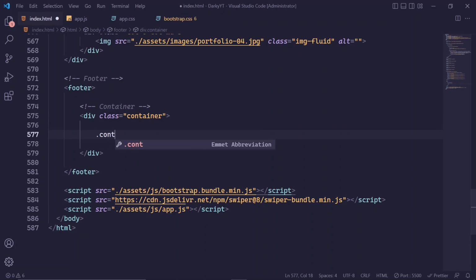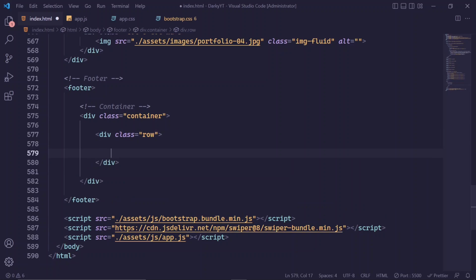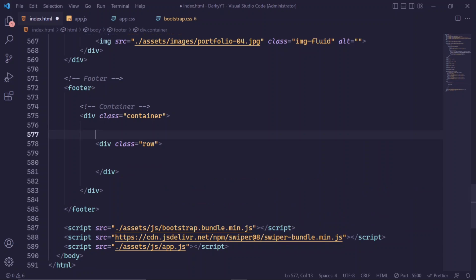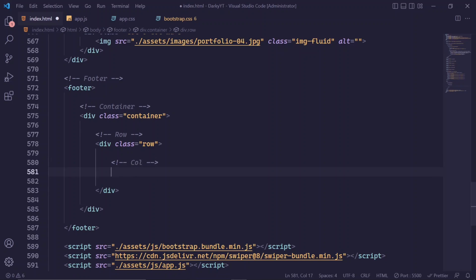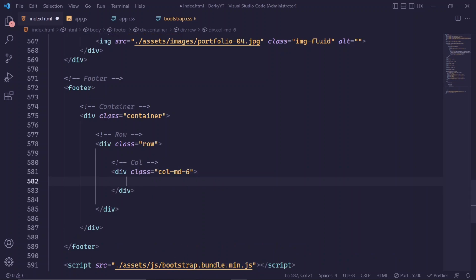Inside this container I'm going to create a row. Here I'm going to create a class. This is going to be column, and the class is going to cover 6 column space on medium and above medium. This div. All right,